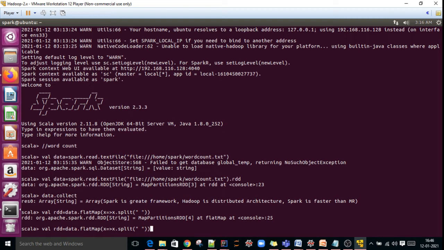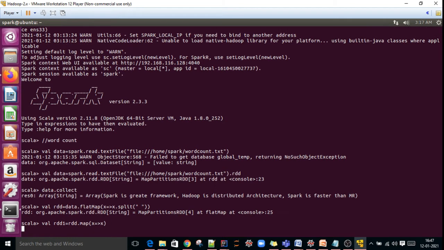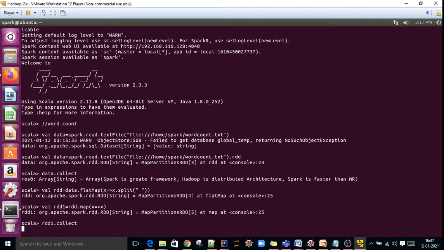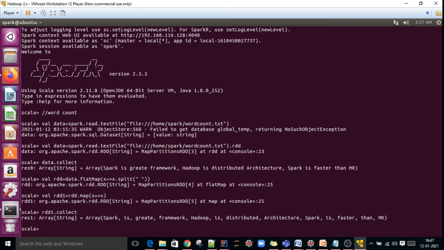Third step, rdd1 equal to rdd.map of x such that x. I'm arranging key value pairs. If you want to see what is there in rdd1, use rdd1.collect. This is an array of string.